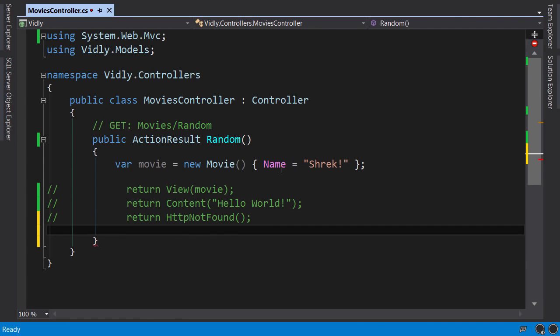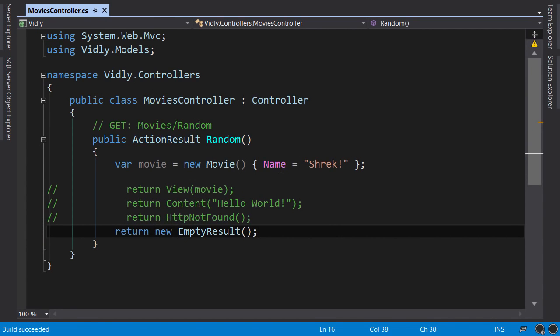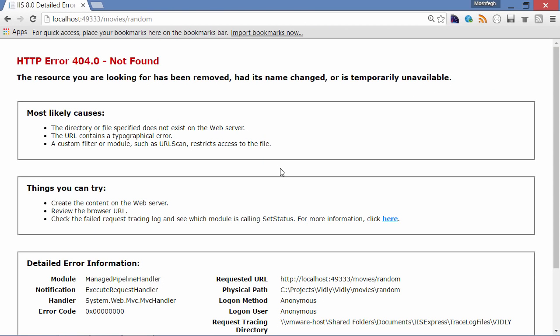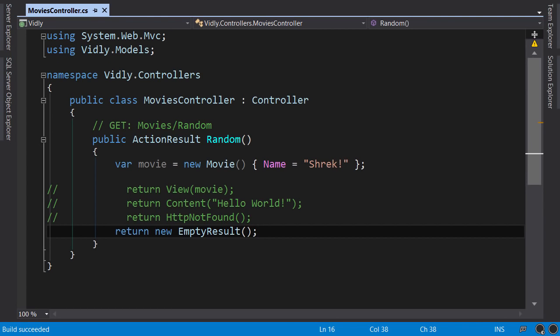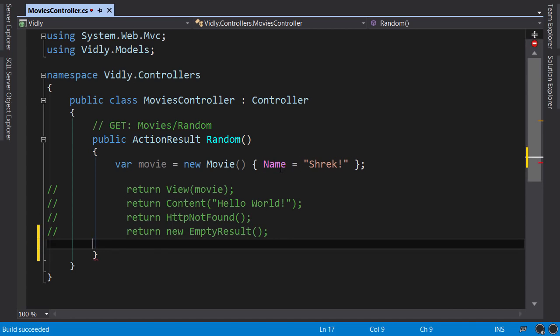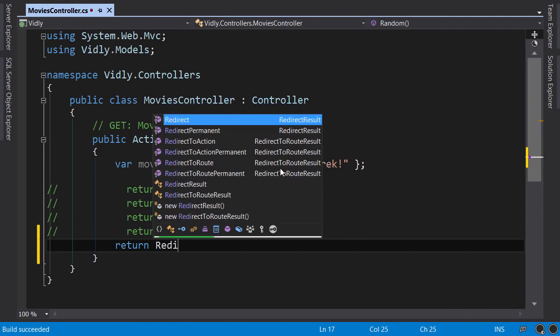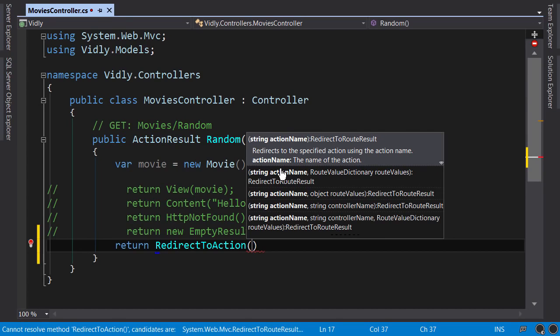Now for EmptyResult, we don't have a helper method. So if you want to create an action that doesn't return anything, you need to return an instance of EmptyResult like this: return new EmptyResult. Ctrl+Shift+B to build. Alt and Tab. Control R. Okay, look, there's nothing in the response. And the last example. Return RedirectToAction. Here we specify the name of the action